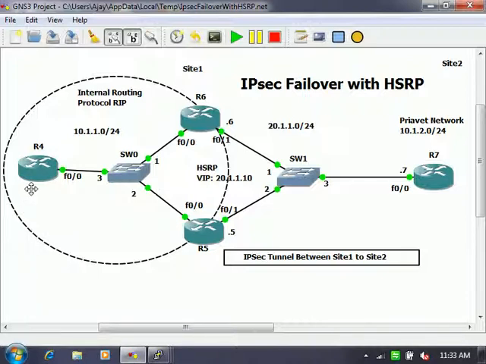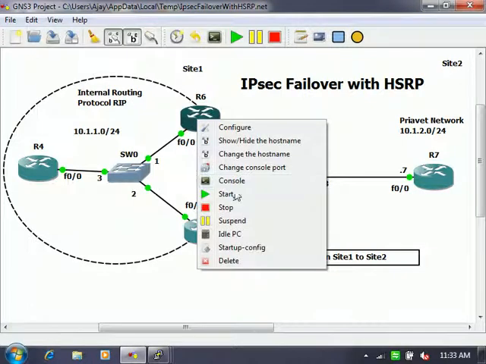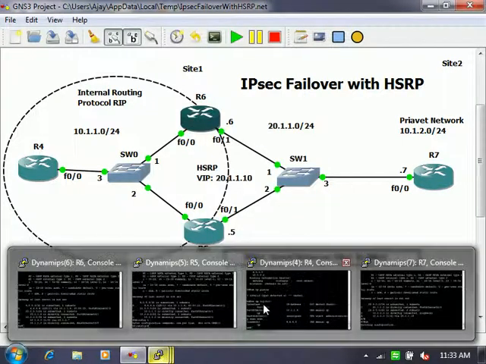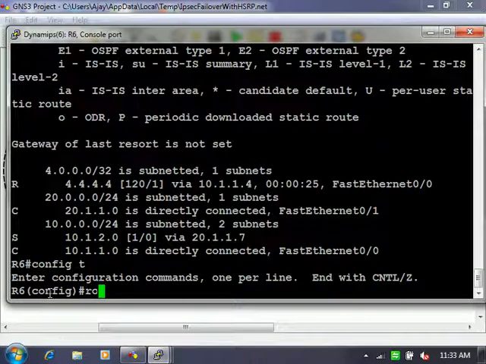So that functionality, this reverse route injection, is an IPsec feature. Then the redistribution setting is your routing protocol configuration. Now HSRP is playing a great role: whoever is active in the HSRP group is the only one who is going to advertise into the internal routing protocol. The other guy will not advertise. So let's see it. At R6, go to the routing protocol, redistribute static. Do the same thing on R5 as well. Router RIP, redistribute static.